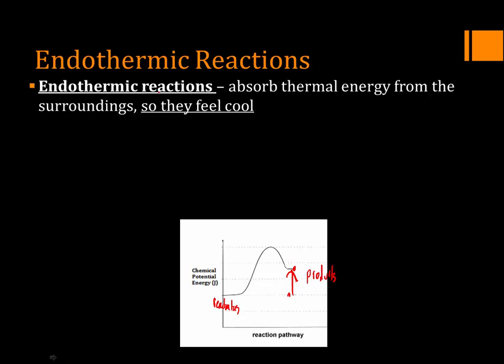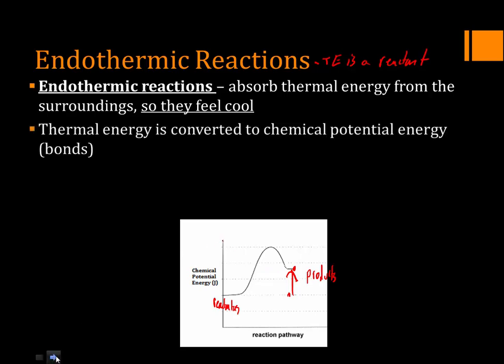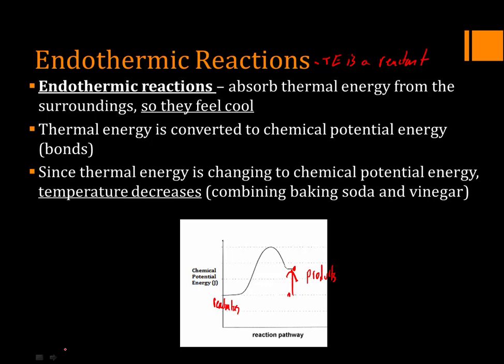Okay? So endothermic reactions absorb thermal energy from the surroundings so they feel cool. That means thermal energy is a reactant. It's not coming out of this reaction, it's going into the reaction. So thermal energy is taken from the surroundings and pulled into the chemicals and changed into chemical potential energy. That means there's going to be less overall thermal energy. Thermal energy is converted into potential energy, there's less thermal energy. That means it's going to feel